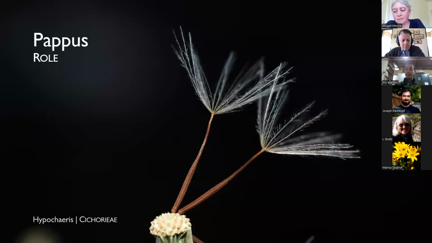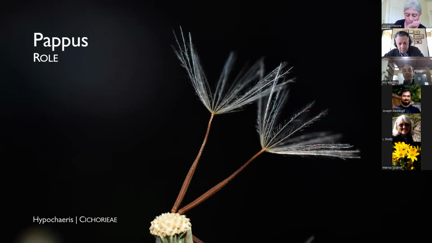So that's what I had to say about the morphology, more or less. And now I'm going to be talking a bit about the function, the role the Pappus plays in the life of these plants. So when one thinks of the role of the Pappus, at least in my case, where one's mind goes first to is an example like we have here in this image of a Hypochaeris, right? Of a typical bristly